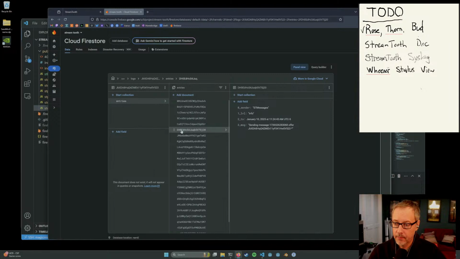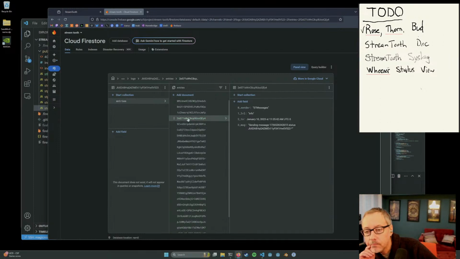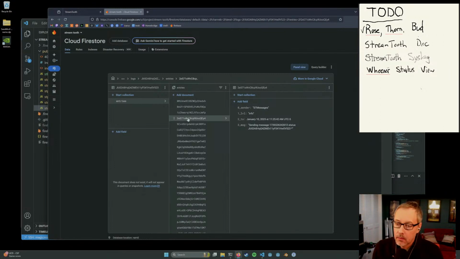Now, are these in order? Because it doesn't look like it. 11:24:43, 11:25:12, 11:24. No, these are all in crazy order. So what I need to do then is put these into the collection in some kind of order. So that's the next thing.